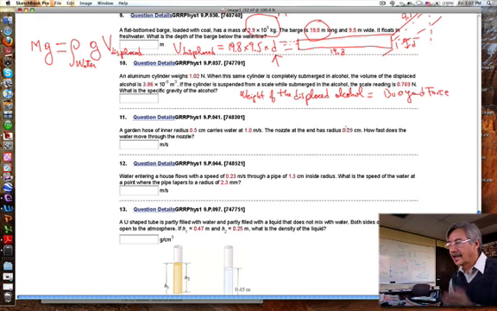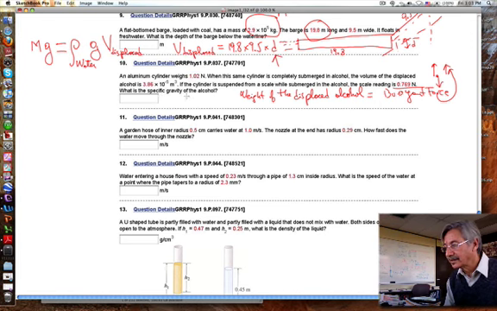So now you have a reading on the scale, and then you have the weight, and then you have the buoyant force, which is this one over here. So you balance those forces, and then you can